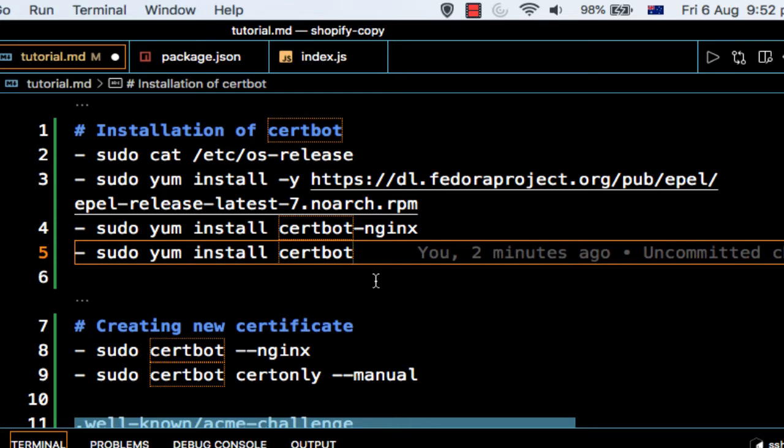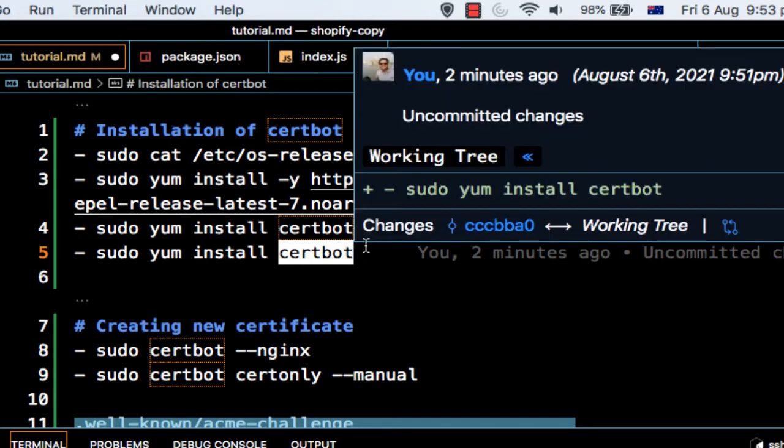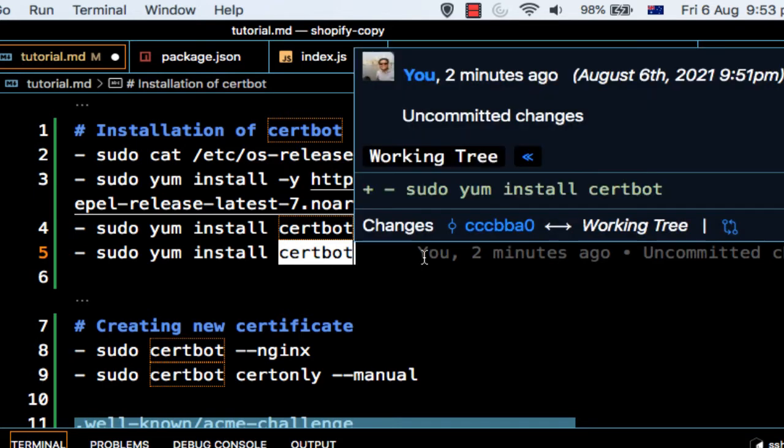First of all, you need to have root access to the machine where your website is running. My website is running on an EC2 instance in the AWS cloud, on an Amazon Linux machine. Certbot is a tool that allows you to create HTTPS certificates, so first you have to install certbot.